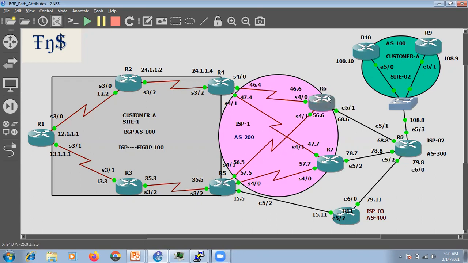So we are sending the MED 68 from R6. From R7, we will send the MED value as the combination of 7 and 8, so 78. And from R11 and R8, the combination is 79. So we'll send 68 from R6, from R7 we are sending 78, and from R11 we will send 79. Okay.